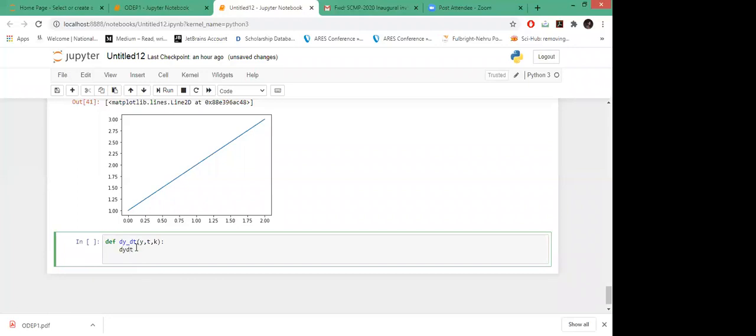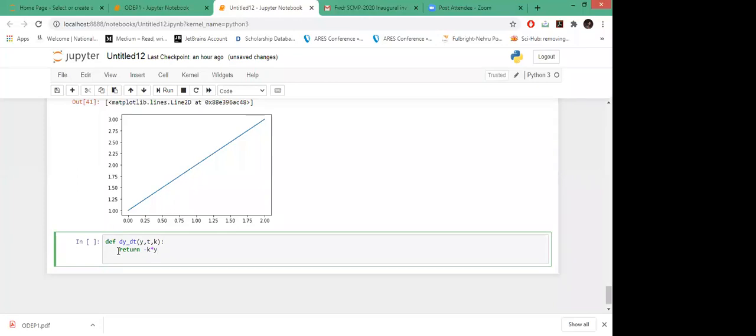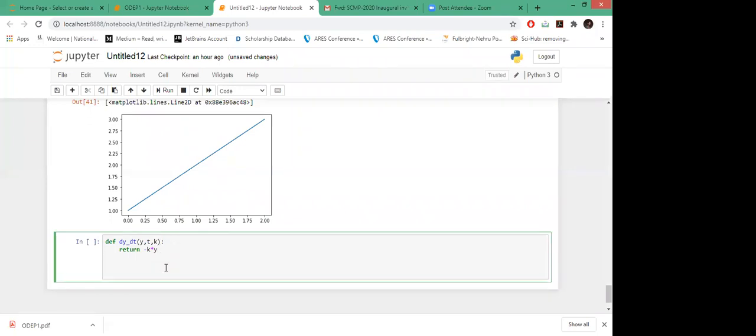So your dy dt, you will return the form minus k star phi. Okay, so your function f of x comma y is minus k of phi. So whenever you call this function, you have to pass the argument, this parameter value k, as well. Okay, let's see how we will pass it and we can see the difference.